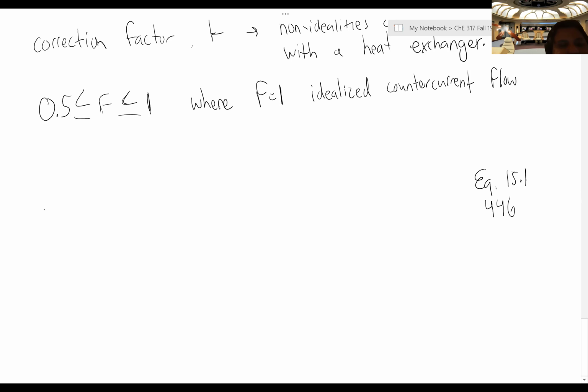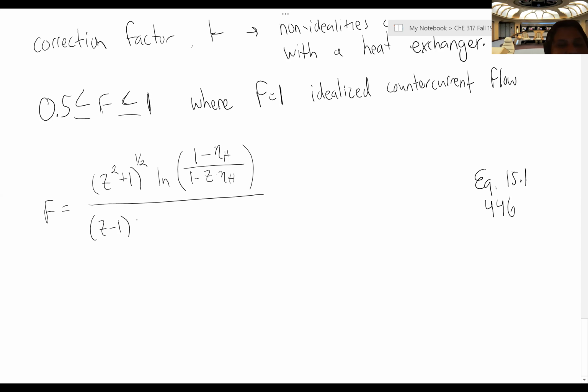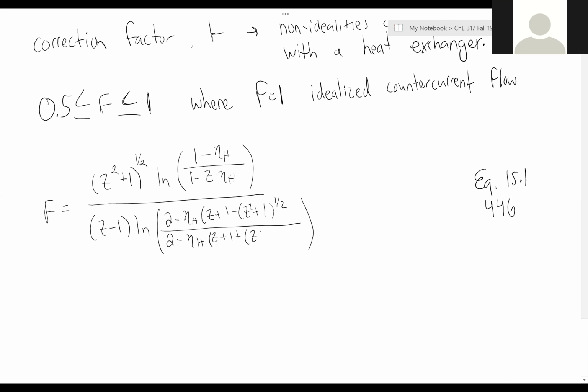And so we can calculate F as a quantity z squared plus 1 to the 1/2 power times the natural log of 1 minus eta h over 1 minus z times eta h, divided by z minus 1 times the natural log of 2 minus eta sub h times z plus 1 minus z squared plus 1 to the 1/2 power, divided by 2 minus eta h z plus 1 plus z squared plus 1 to the 1/2 power, where z